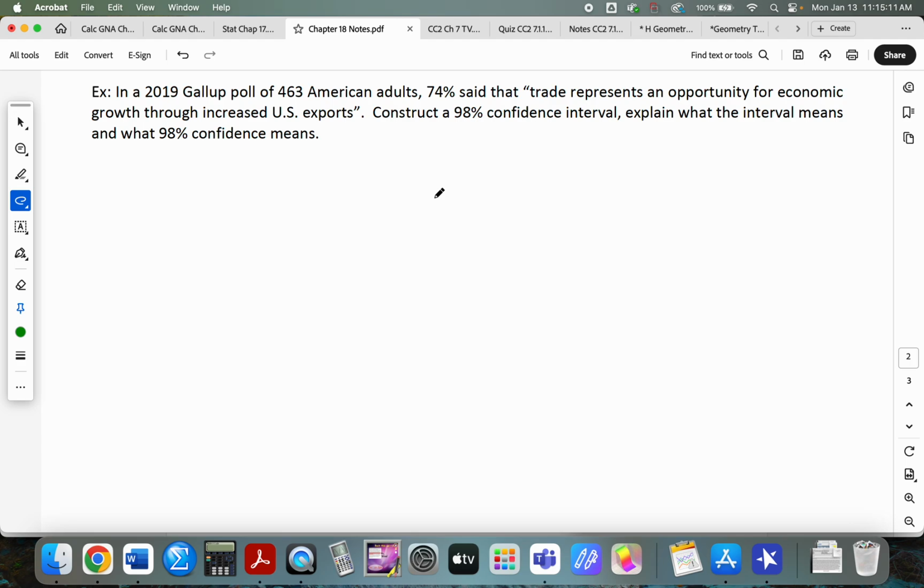So less precise means, does that mean a smaller sample size, or not always? Typically, yeah, it's because of a smaller sample size. Okay. So if you get that 98%, that means 98%